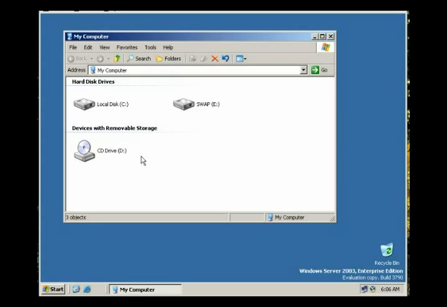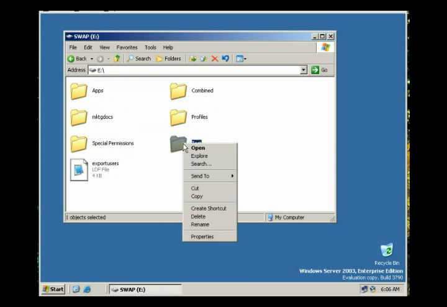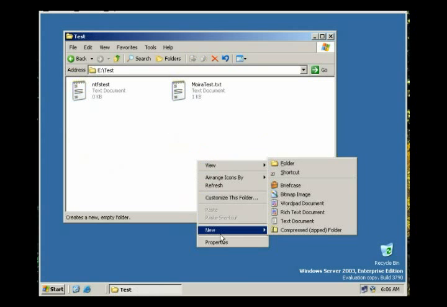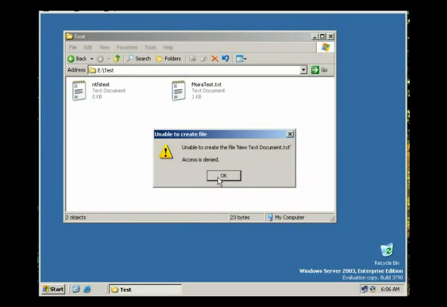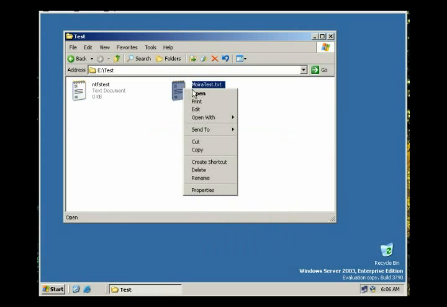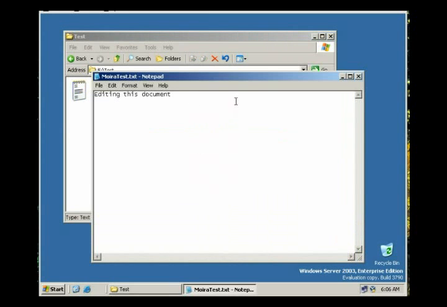But if it's not assigned, or if it's allowed only partially here, but more rights are allowed in a group that they're part of, it'll be the sum total, so all the rights that they're allowed. That's what it means by effective permissions. So Moira's logged in. Let's try to add a file. Access is denied because she only has read and list privileges. If we try to, we can open this so we can read it, but if we try to edit this again,